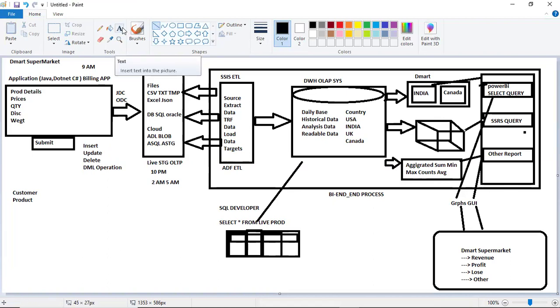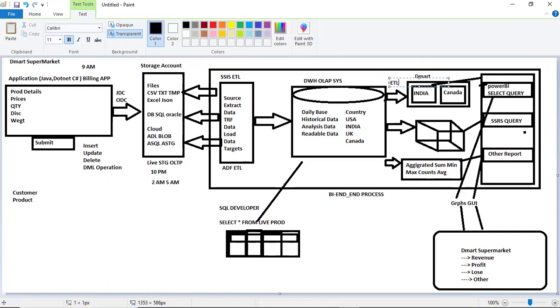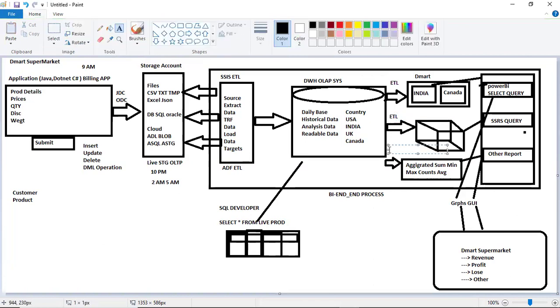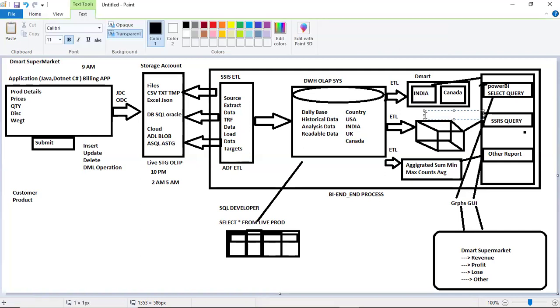So again, here we require ETL development. That is the comparison with reporting: ETL is more work. We generally call these analysis databases or cube databases, your aggregated or summarized databases.